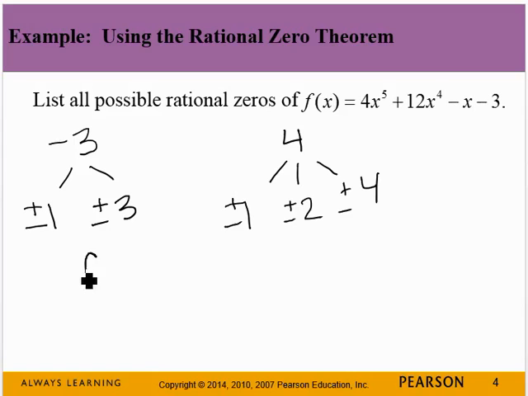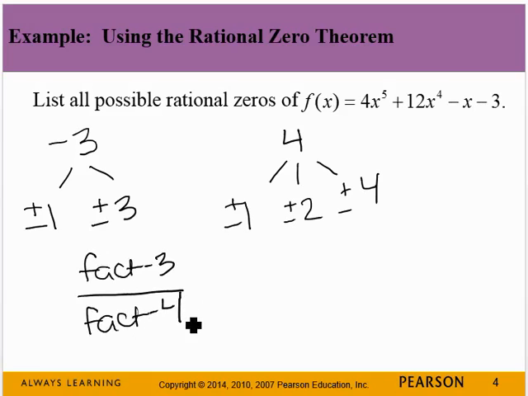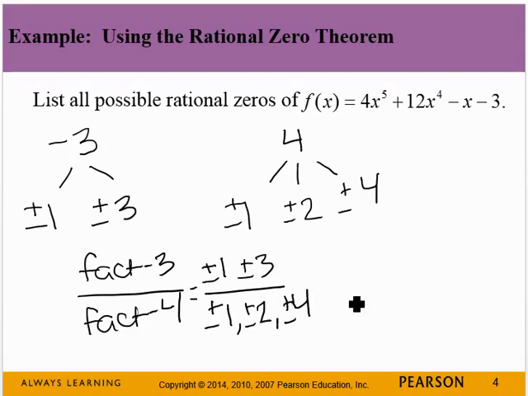So you have your factors of negative 3 over your factors of 4. So plus or minus 1, plus or minus 3, over plus or minus 1, plus or minus 2, plus or minus 4. You want to list out all possible rational zeros now. So this means it can equal,